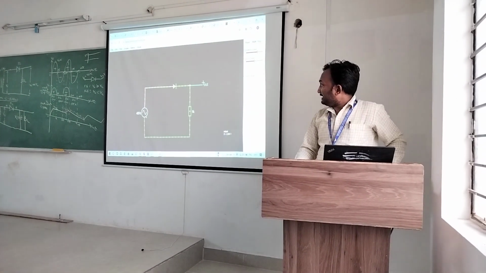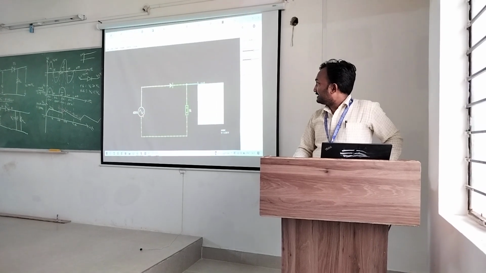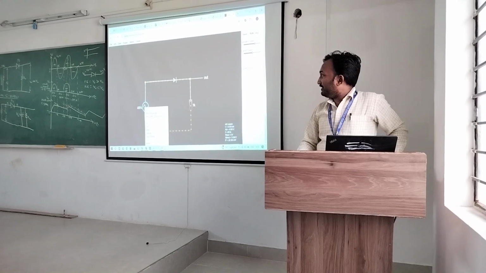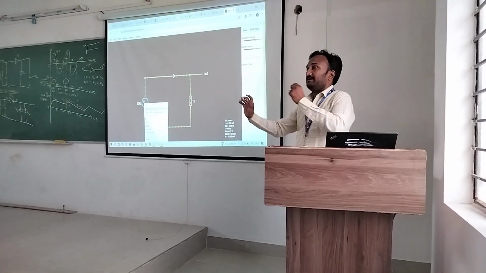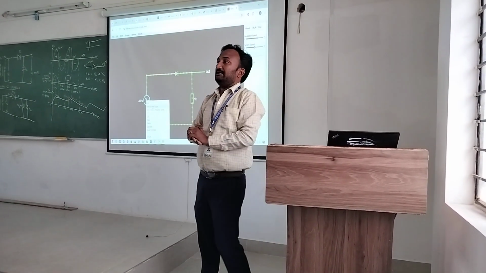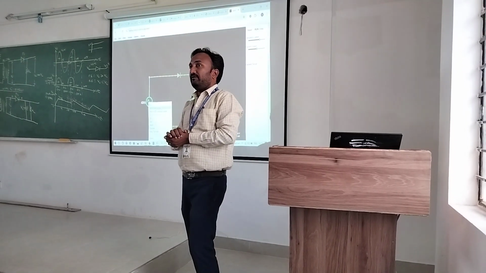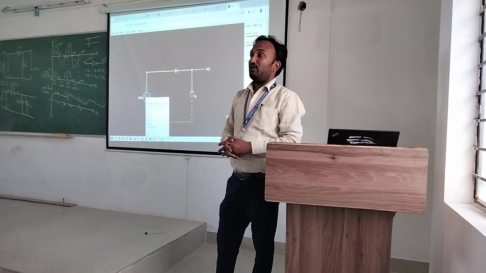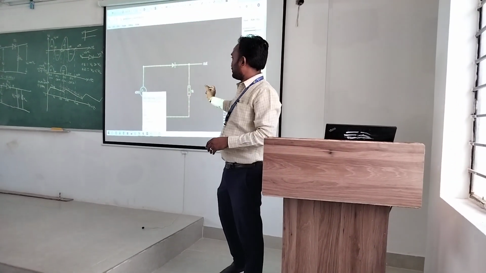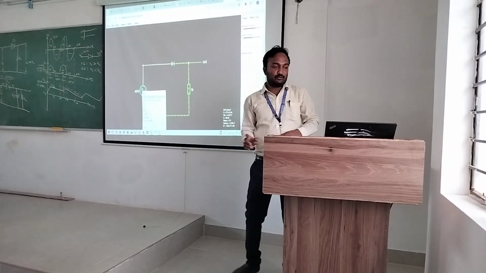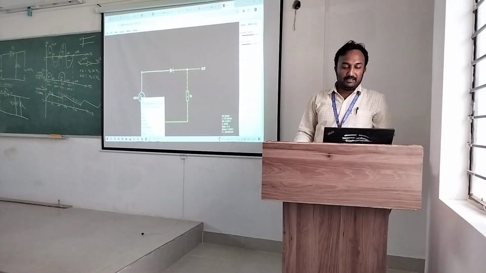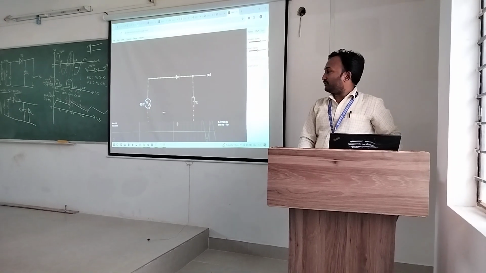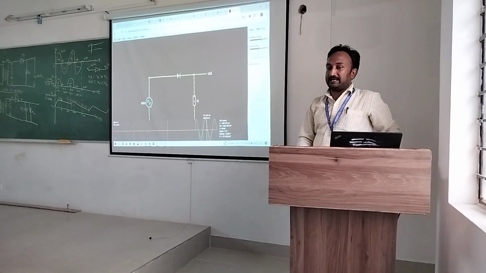Wonderful. And again after clicking on this, we start from here, clicking on this, click on view in scope. Scope means for seeing the analog input and output waveforms, we use something called a CRO, cathode ray oscilloscope. So in short, here it is called a scope. So I'll click on view in new scope. Are you able to see the inputs now? Okay, it is showing both input voltage and current values.